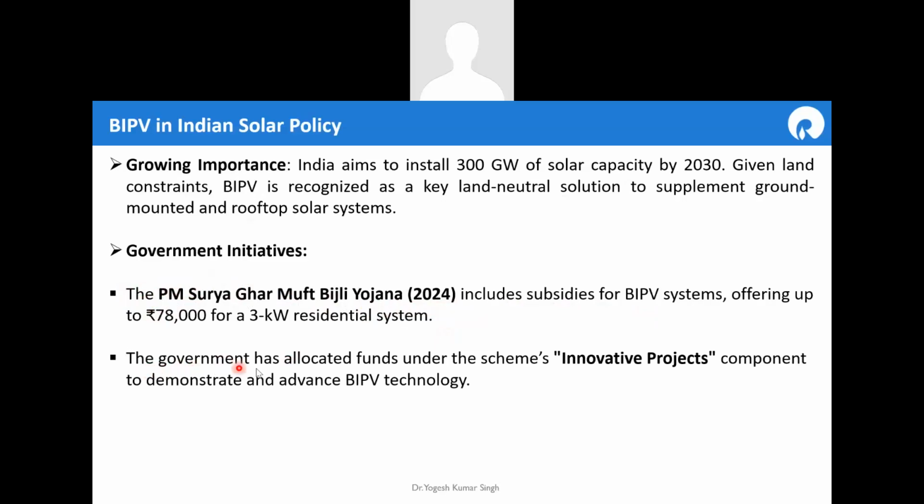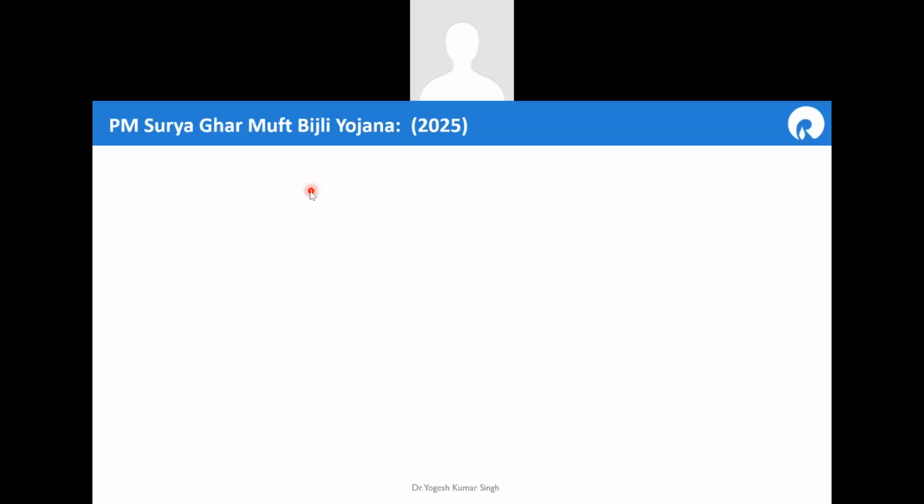Now, apart from that, the government has also allocated some funds under the scheme of innovative projects. The innovative projects come under the BIPV technology. So if you go to the DST site or the MNRE site, you will find some details regarding this system. Now we come to the PM Surya Ghar Muft Yojana, and this is a very important